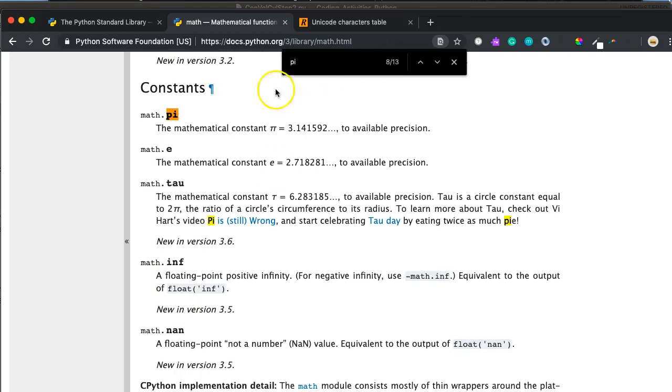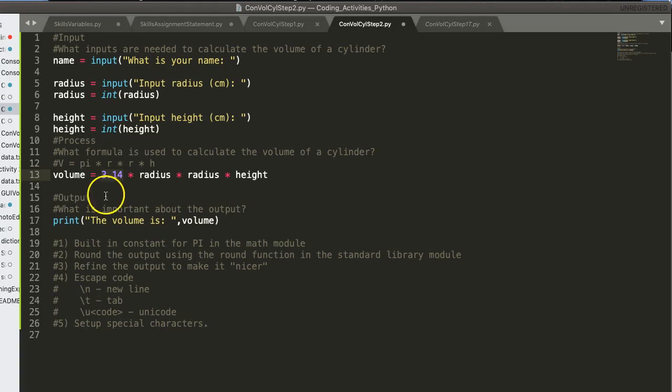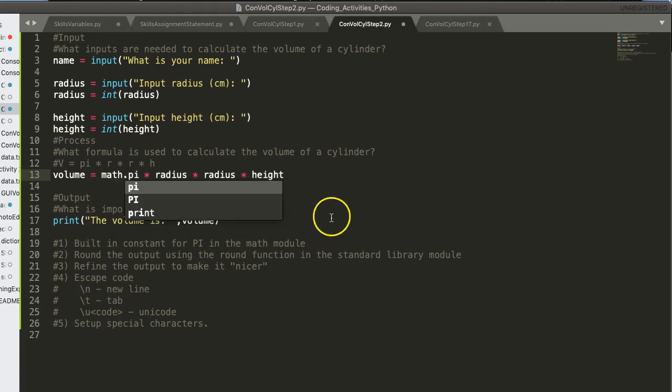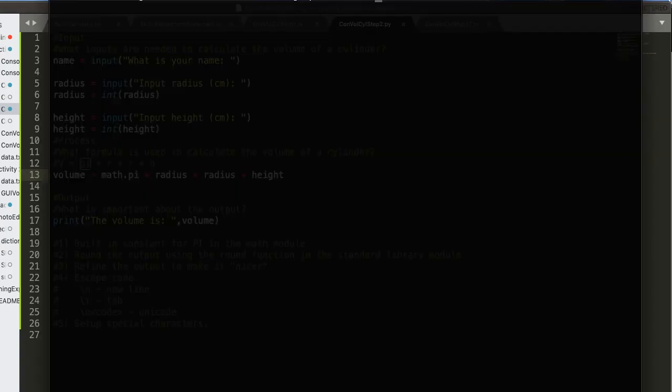So what I can do is I can access the pi value, and that's going to give me the most precise value of pi I can use in my program. So let's come back to here. And if I just type in the word, I could say math.pi. So that means go inside the math module, take a look inside, think of it like a collection of functions and constants, and access that value pi. And if I save this and then try and run it,